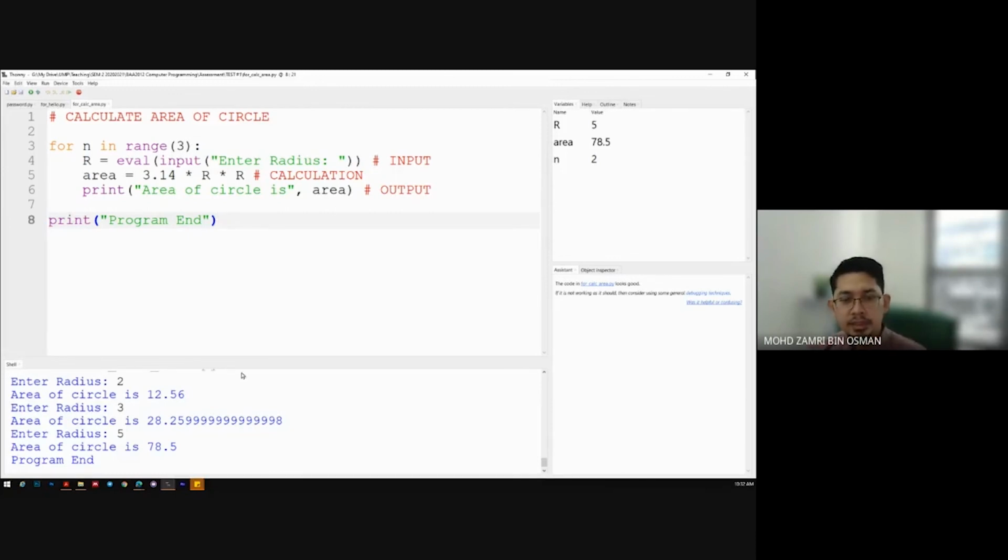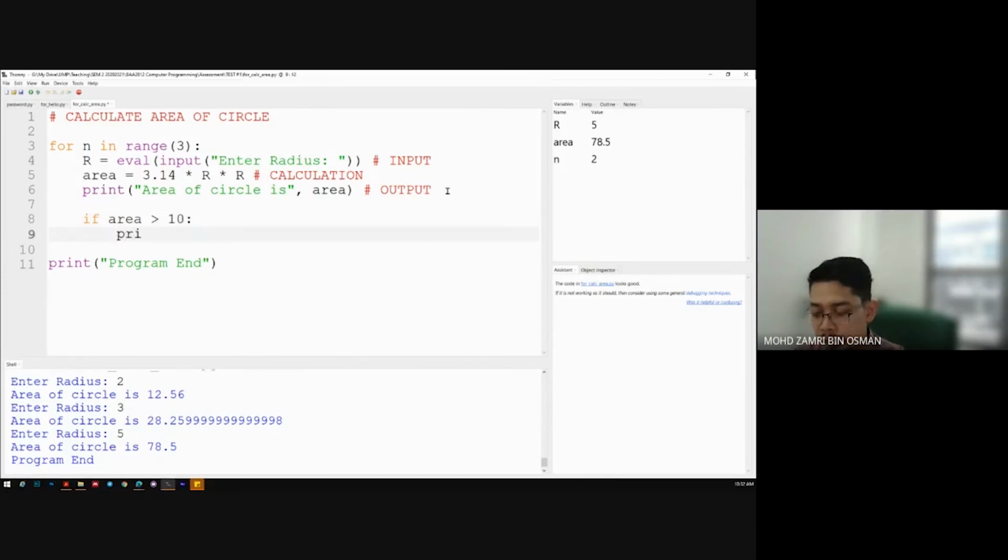So here we have 12, 28, and 78 for each of the iterations. Before, maybe you want to do some conditions here. We can add the conditions in the looping as well, to make sure that we have additional control in the program. By adding here, if, let's say, area is greater than 10, meaning that starting from 10.1 is acceptable, I want to print out a message here, print